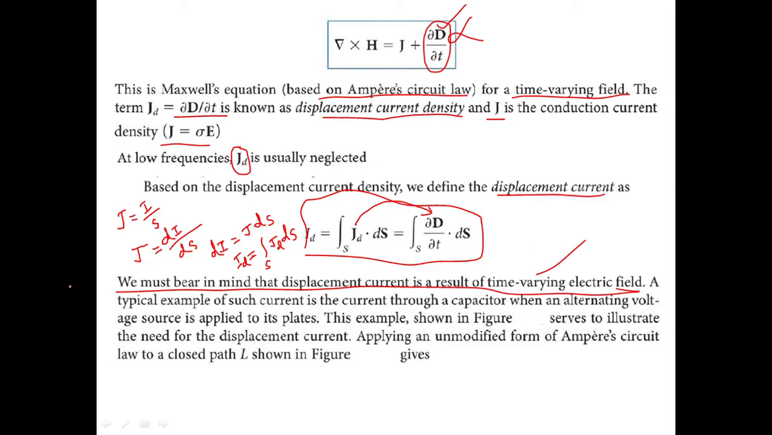A typical example of such current is the current through a capacitor when an alternating voltage source is applied to its plates, right? This example is shown in the figure. I'll show you the figure in the next slide. It serves to illustrate the need for displacement current. Applying an unmodified form of Ampere circuital law to the closed path L shown in the figure gives: